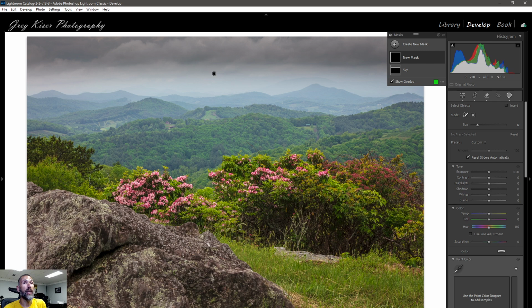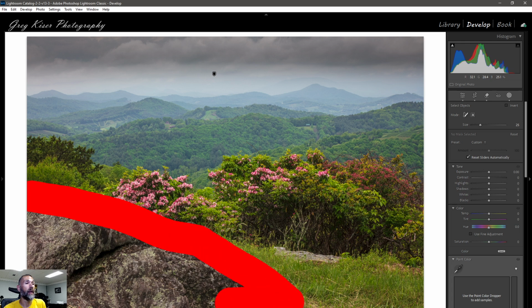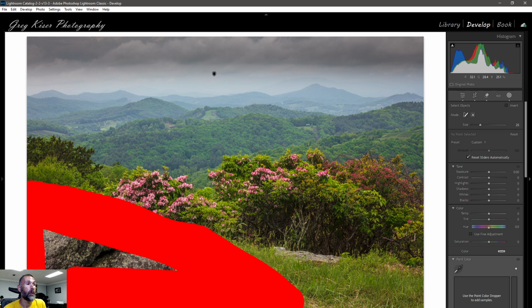You can adjust this brush size here, you can do the bracket keys on the keyboard, or I like doing the wheel on my mouse. It's already right there under my finger, and I can adjust the size like I want it. And just do a rough outline of the object that you want. Now in this situation, there's a lot of different textures, so I want to make sure I get everything, so I'm going to go in